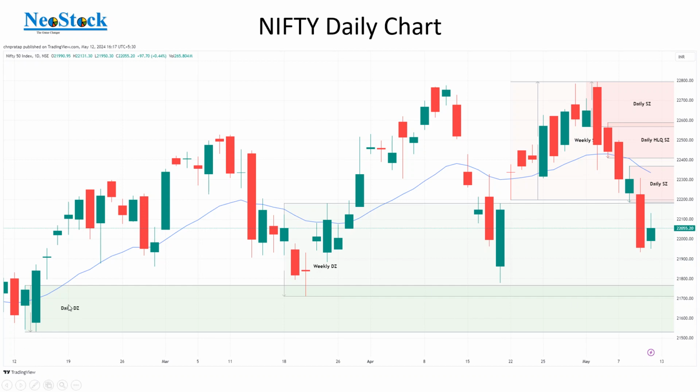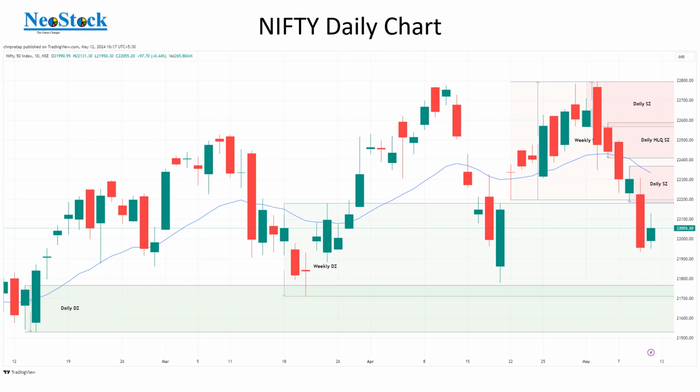But remember this daily demand zone. This daily demand zone is very powerful, even though it is not a high liquidity zone. Why? Because this daily demand zone is responsible for the creation of this weekly demand zone. Generally, such kind of lower time frame zones which created the higher time frame zone, or which is responsible for the creation of higher time frame zone, that lower time frame zone might be having a lot of